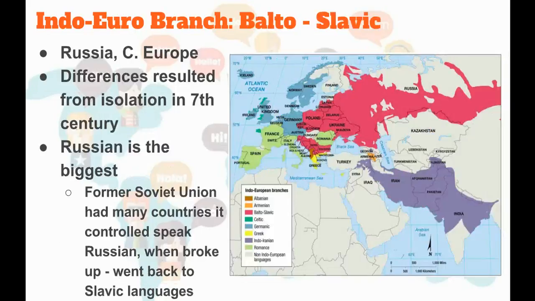The next branch, the Balto-Slavic. This is probably the one that's a little bit trickier. Just know that Russia or Russian is the main player in this. The Soviet Union used to encompass all of this region here, and they made everybody speak Russian at that time. Once the Soviet Union fell apart, a lot of these smaller countries started going back to their native language, the language that they preferred to speak, which could be Armenian, Albanian, etc., Romanian, all throughout their native